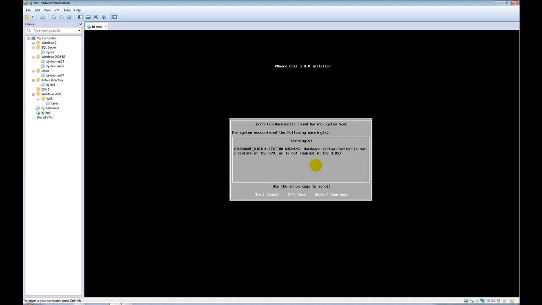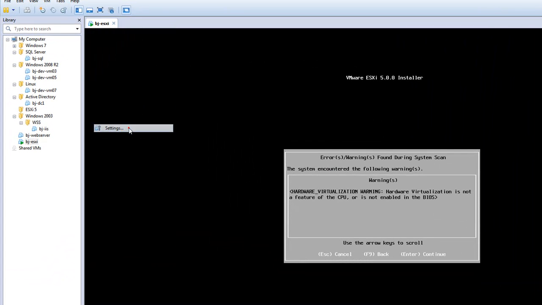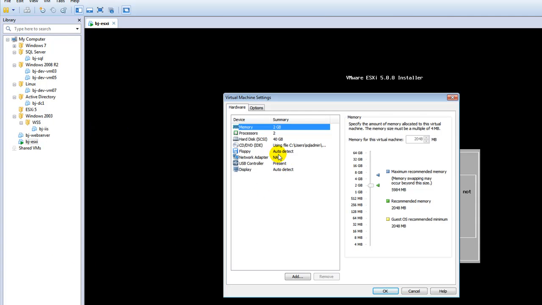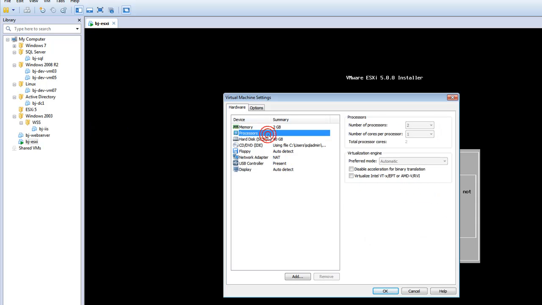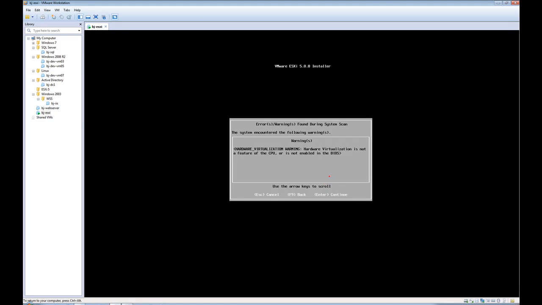Okay. System encountered the following warnings. Hardware virtualization warning. Hardware virtualization is not a feature of the CPU or is not enabled. The reason for that is because I did not go into my virtual machine settings, go to processor, and turn on virtualize Intel. So I'll probably do that once everything is done. You can actually continue,